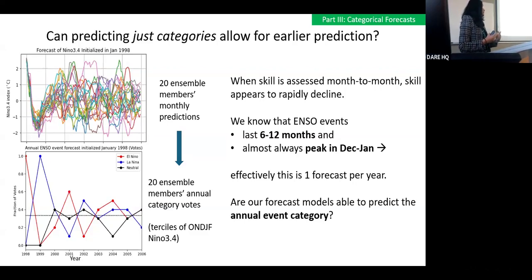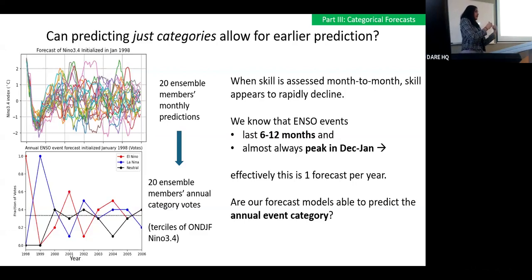We also know that these typically peak in December and January. So we also don't have to care about the timing. So we just need this one bit of information every year, where it's one of three things: La Niña, neutral, El Niño. So I took a large hindcast, which is a type of data set in climate science where